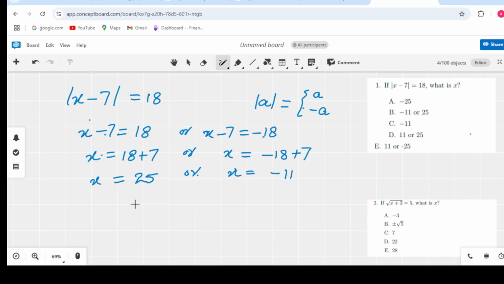So the two values of x are −11 and 25. −11 and 25 is option B. So the correct answer is option B. Similarly, the next